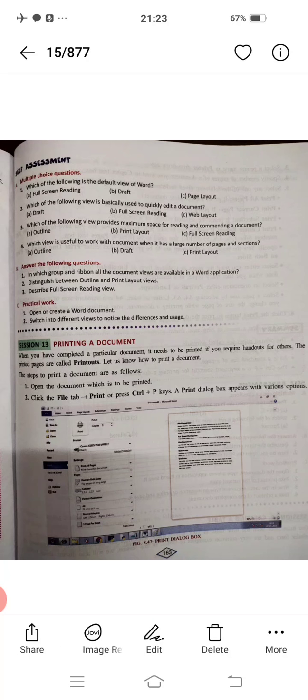Okay, now printing, then again here you have to go through multiple choice, and the rest of the question answers you need not go through. Printing a document, when you have completed writing a particular text or paragraph or passage, we need to print our document. So File, then Print, or the short form is Control plus P. The printed pages are called printouts, or we can call it a hard copy also.